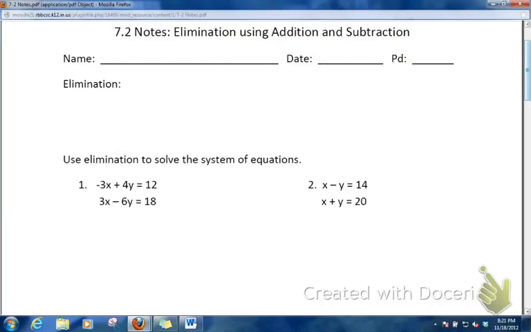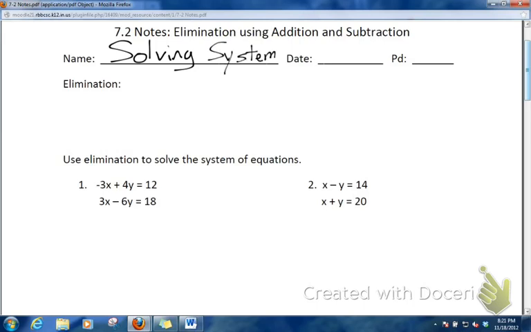Alright, this is the video lesson for 7-2, elimination using adding and subtracting. Now, one thing to keep in mind is we are still in the chapter called solving, I'm writing this in the name spot, solving